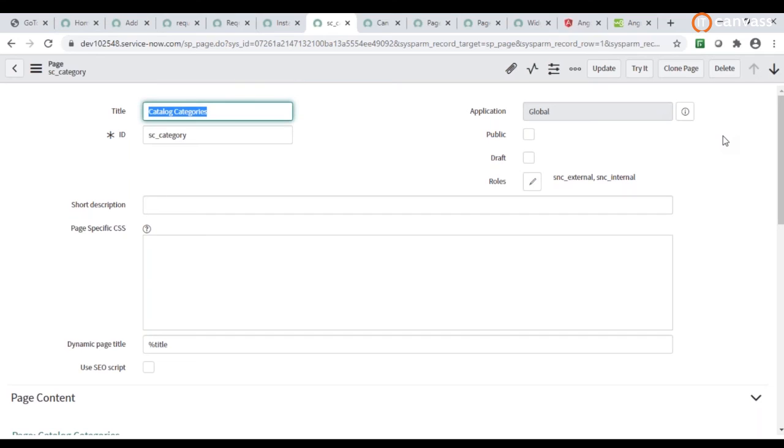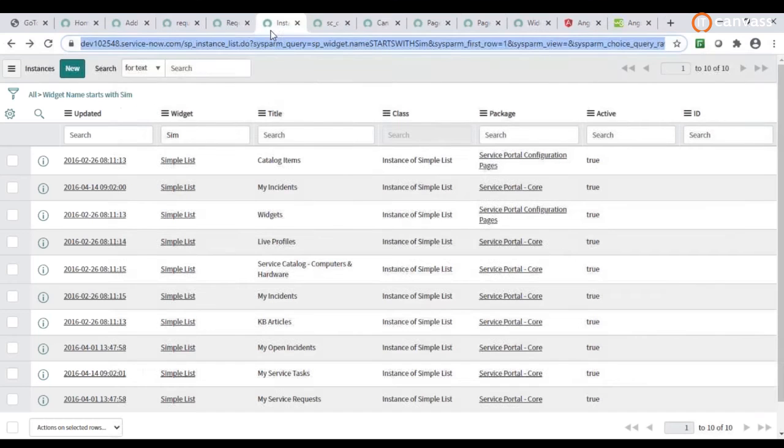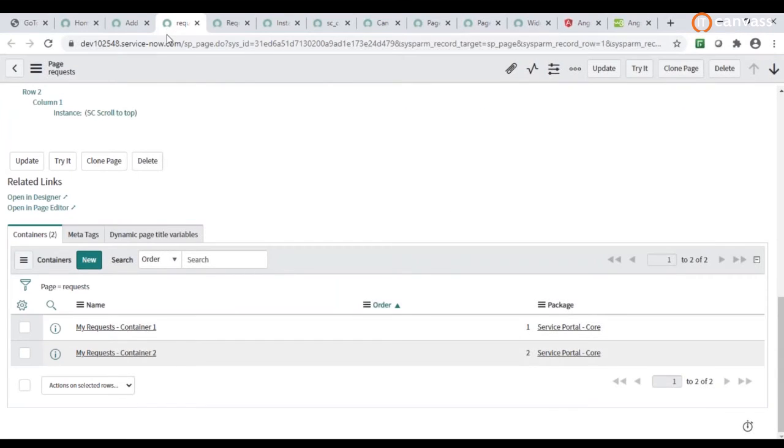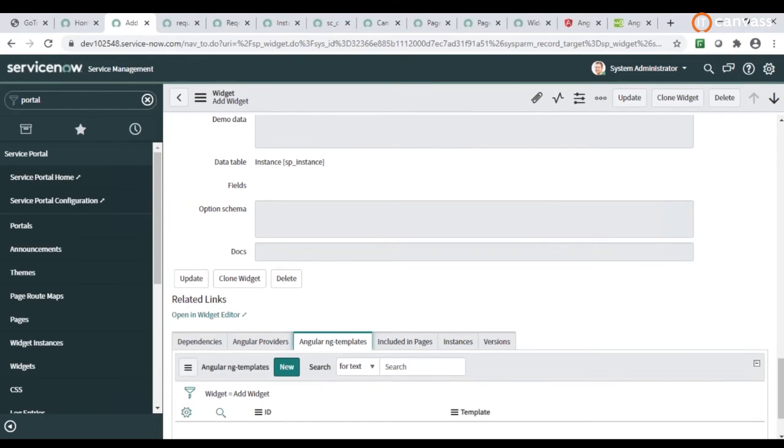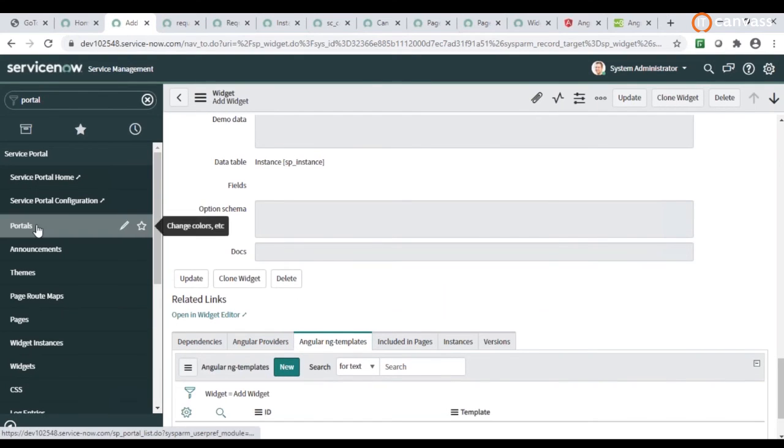Okay. And is there a limitation on the number of pages that you can add to a portal? No, the number of pages is also not restricted. Based upon your requirement, out of the box you can see so many things are there. Let's suppose if you open that SP portal,